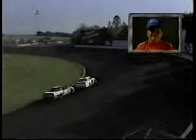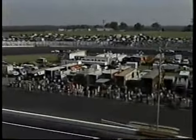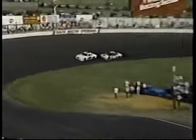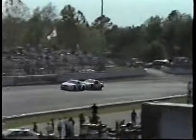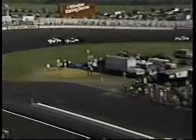Dotter, of course, still trying to win his first career Busch Grand National Series event, looks very strong in one of the few unmarked, undamaged race cars as we just moved past the halfway mark of this Carquest Auto Parts Stores 300. We're on lap 159 of the 300 that'll make up this event. And as we've been mentioning all along, it looks like we're on a record pace for cautions if this keeps up. Sitting back in the third position is the Ed Barrier car on the right side of the screen there